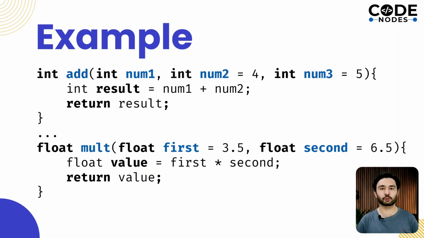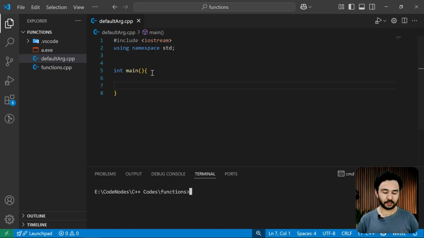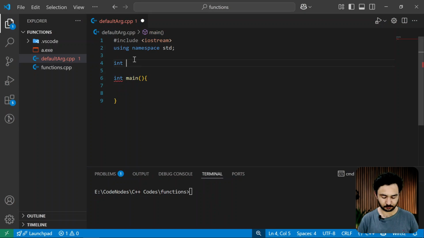Now let's move to the code editor and write some functions, and let's understand it better. Alright, now I'm at the code editor. Let's create a function, and I'm going to keep the return type as an integer and the function name as add, and I'm going to take three parameters, int a, int b, and int c.